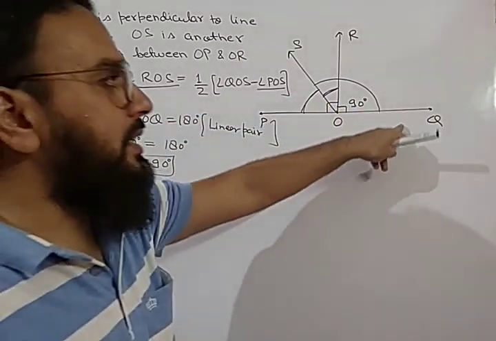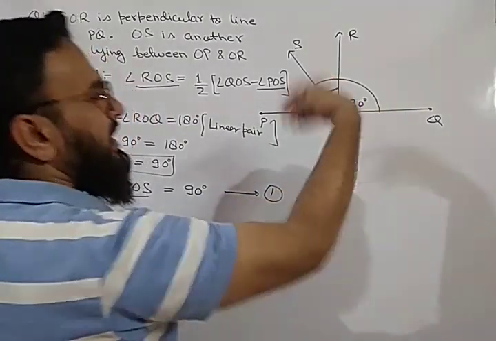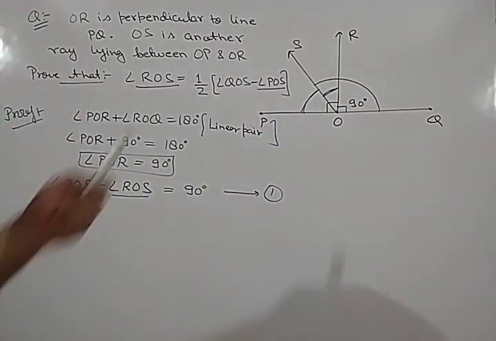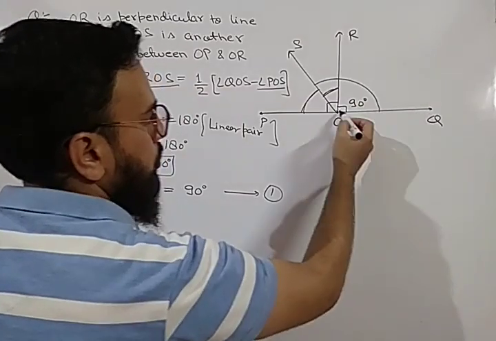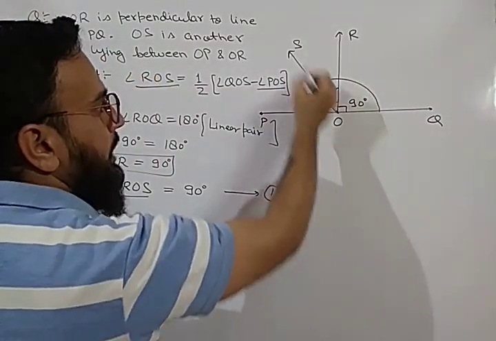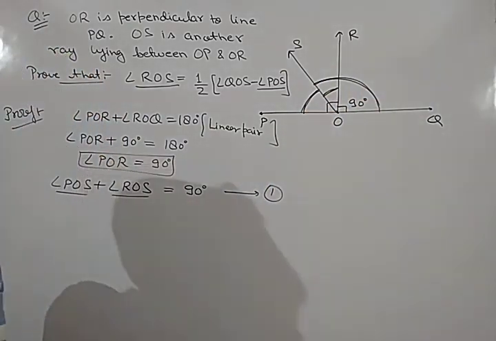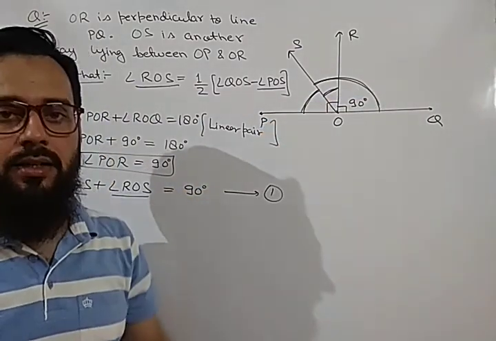So how can we get angle QOS? What relation can we write in terms of QOS? Let us see the figure. Which particular relation can we take for QOS? We know that angle QOS and angle POS, this whole angle and this whole angle, are a linear pair of angles. They are on the straight line.